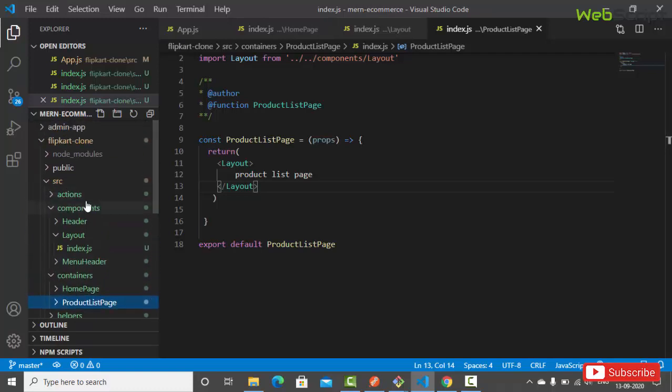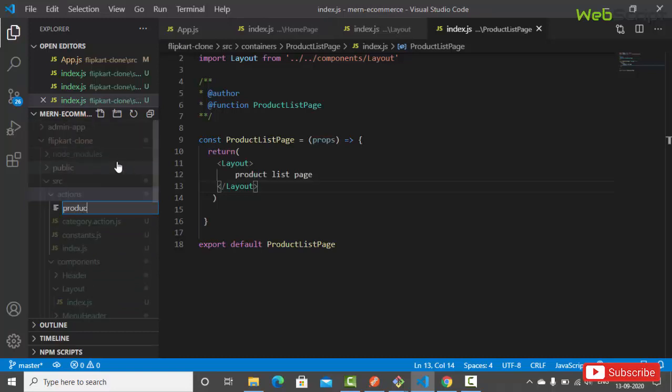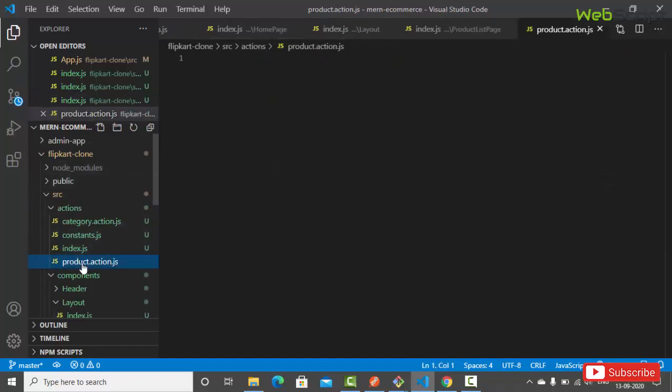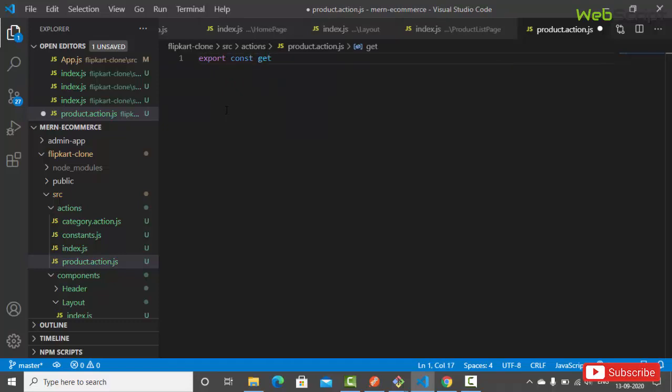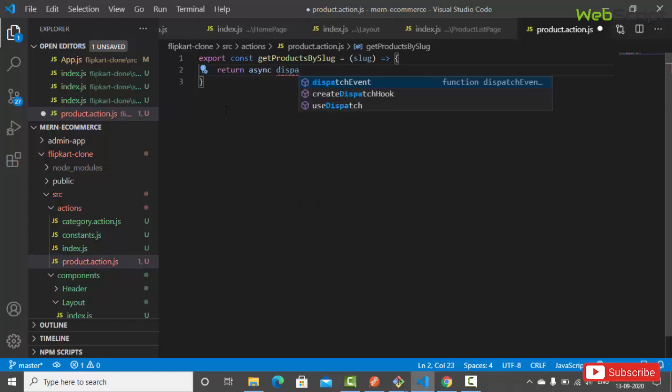So actually we are going to create an action first. So here we have category.action. We are going to create an action file that is for the product.action.js. Here we have product.action.js, and let's create the action. So we'll say export const, and we'll say here get products by slug, and here we're going to pass slug as an argument. Next we're going to return asynchronous function, so we'll say async dispatch will be the argument,